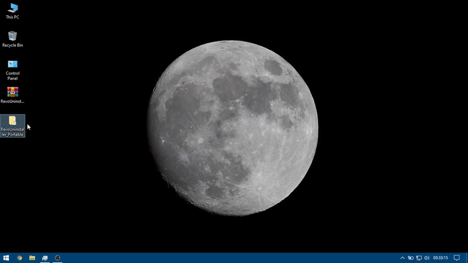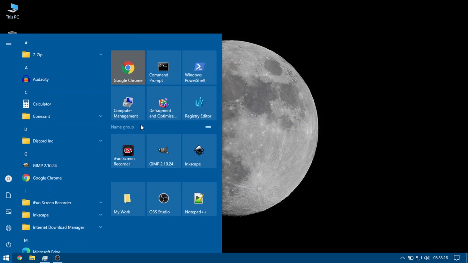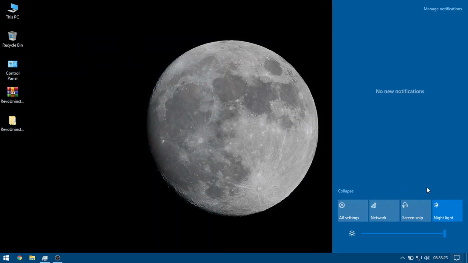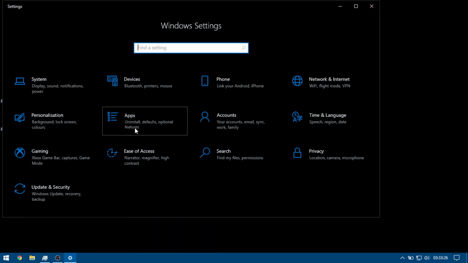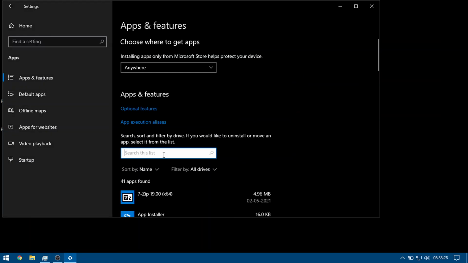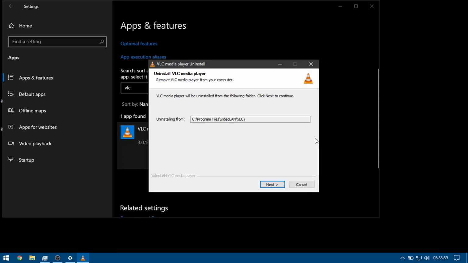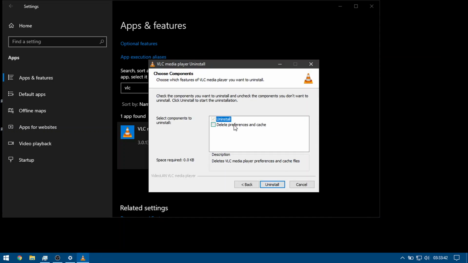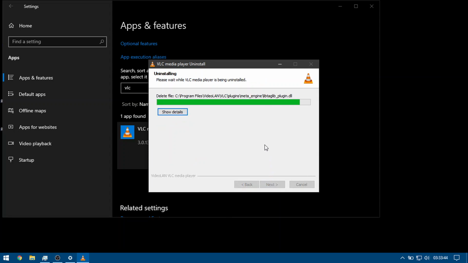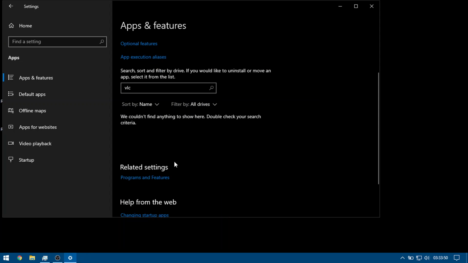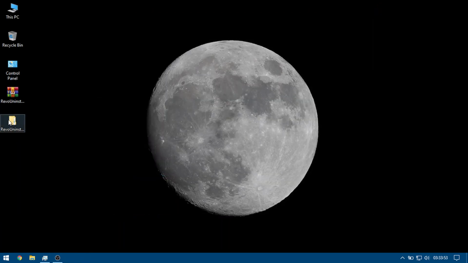What this software does is, when we normally install any software, like I have this VLC player here and I want to install this. So let's go to apps and type here VLC, go to install. This is a normal procedure to delete any software from Windows 10. Okay, so I think VLC player is gone now. Now let's just check.